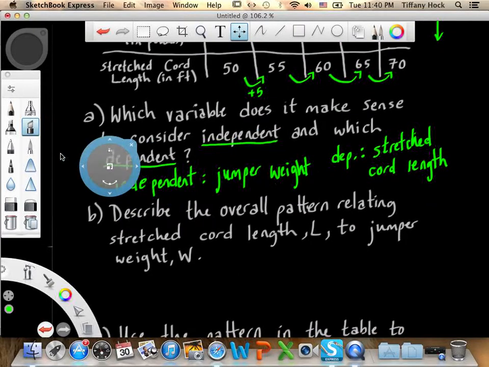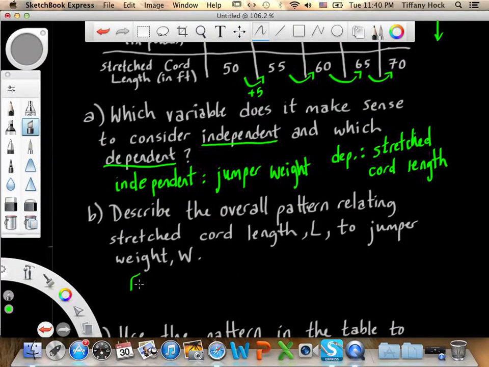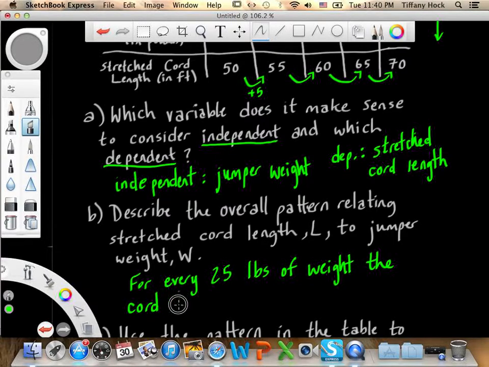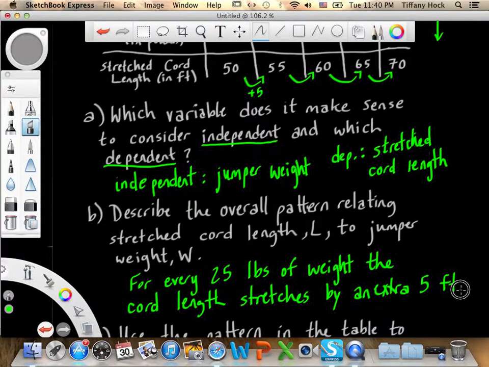So where it says describe the overall pattern, we're going to say something along the lines of: for every 25 pounds of weight, and again, this is something you need to be writing down, for every 25 pounds of weight, the cord length stretches by an extra 5 feet. Okay. Now you could simplify that down and figure out that for every 5 pounds, that's only 1